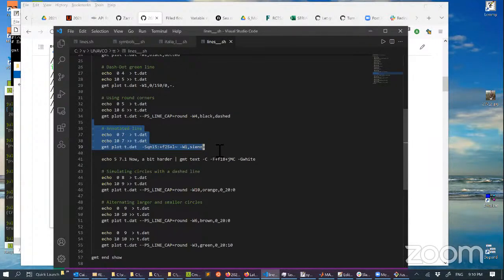Annotated lines is, for example, like when you have a contour and the lines have a label of the ISO value of that contour. This is an annotated line that is done automatically by the program. In this case, for example, GRD contour. But we can also do annotated lines in our XY